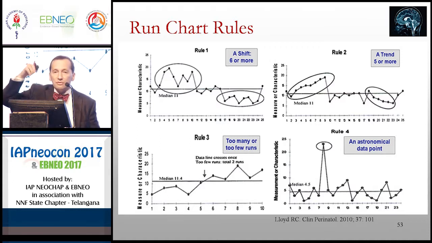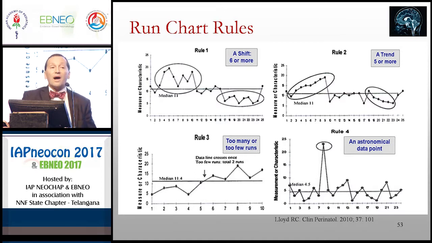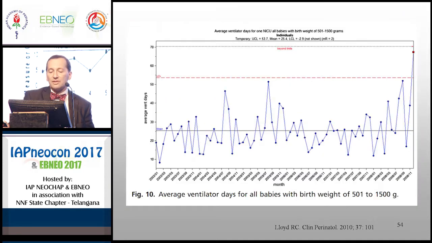There might be too many or too few crosses of the median. There should be a certain amount of variation. That's rule 3. Or there might be one data point that is just really, really out of whack. And so we can take that simple chart, apply these rules, and if we see something happening, we can say, maybe I'm seeing a trend here. For the last 6 months I've been measuring my BPD rate. It's been going up. Maybe that needs to be the priority for some sort of quality improvement intervention. Similarly, if the median is just not where you want it to be, you can also undertake a QI intervention, but it's usually a different set of tools for one versus the other.